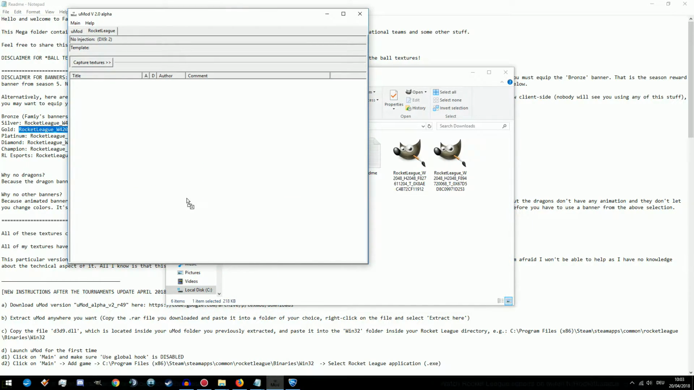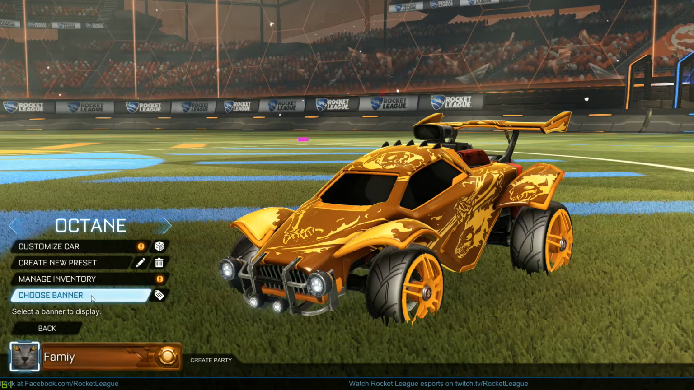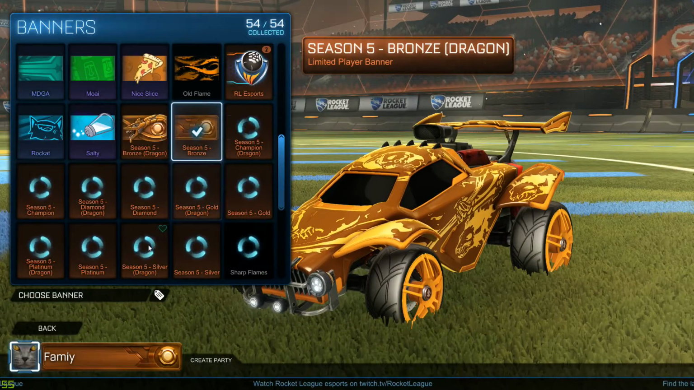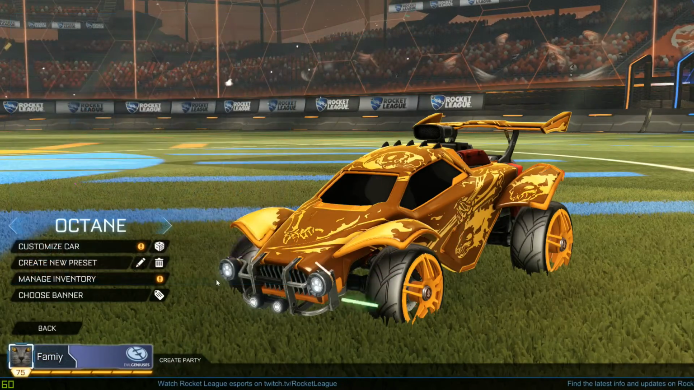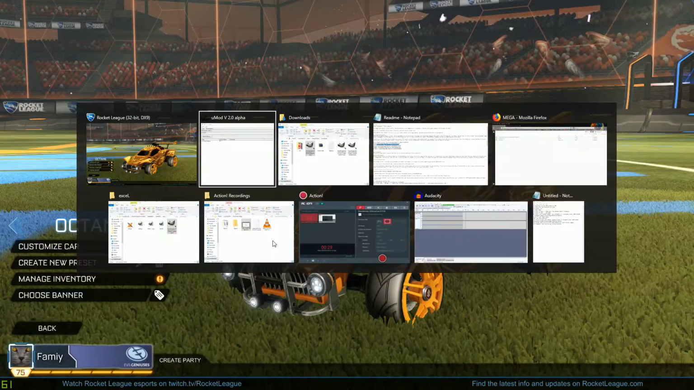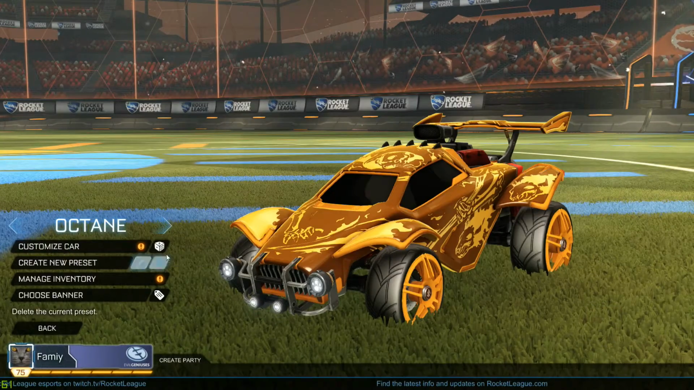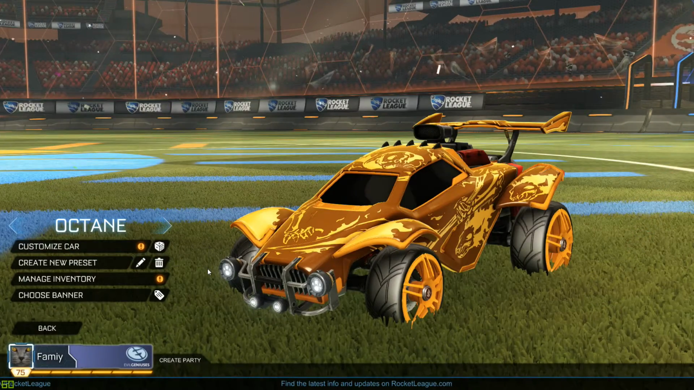So when we put that in right here, we see the bronze banner is untouched, but when we go to the gold banner right there, then we have this. So this gives you the opportunity. Technically you can also put in